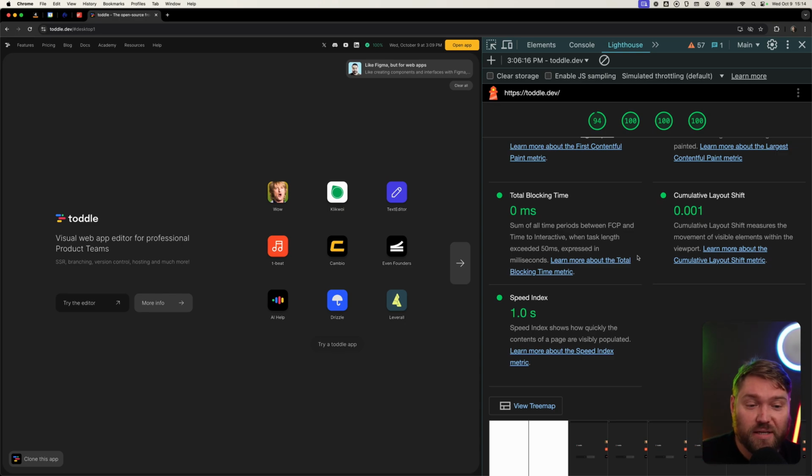And this should ideally be split up into different tasks, and each task should not take more than 50 milliseconds. If there are a lot of tasks and they're small, it's not so big a problem because you can interject a user interaction, right? But if it's one task and it's big and the CPU is doing a lot of work, the site's going to feel really janky. You've probably experienced that where you're loading a site and there's a point where it seems like you can do something, but then you have to wait a second more until it actually works. And that's what total blocking time here